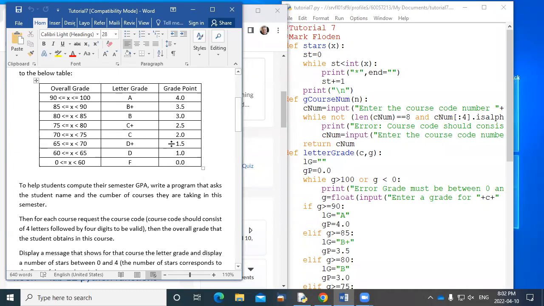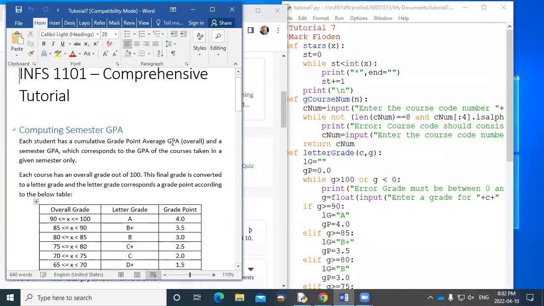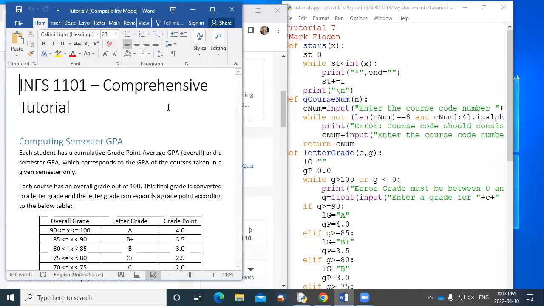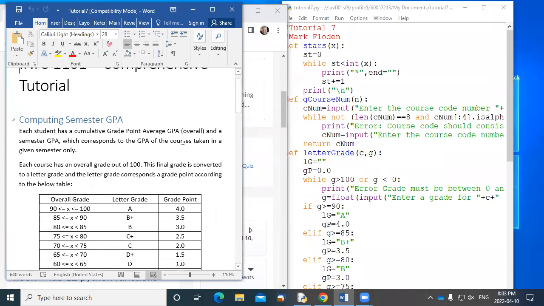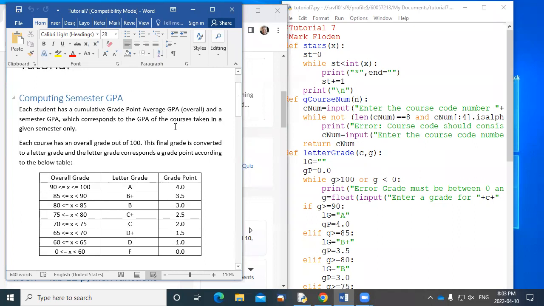The idea of this is we're to write a program, and this is the Word file that you can download from D2L. We're to write a program where a person is supposed to give their name. So it's supposed to be a student, and then they're supposed to say, these are the courses that I'm doing this semester. And so they'll say a number of courses, 2, 3, 4. And so you're going to end up with a counted loop.